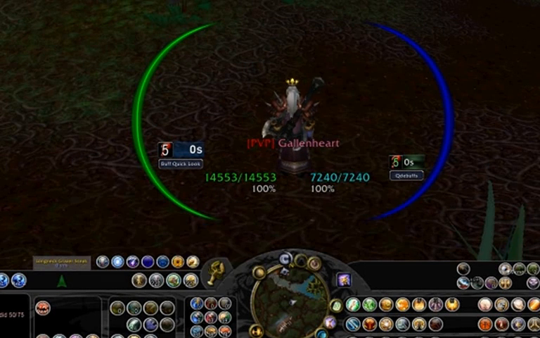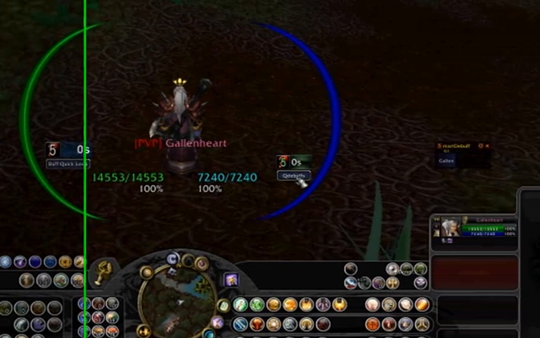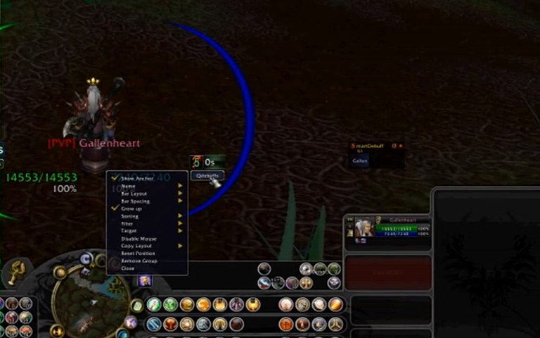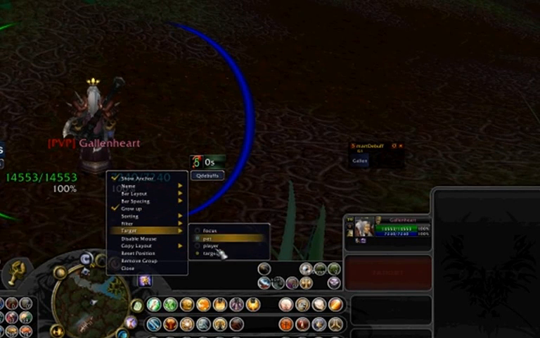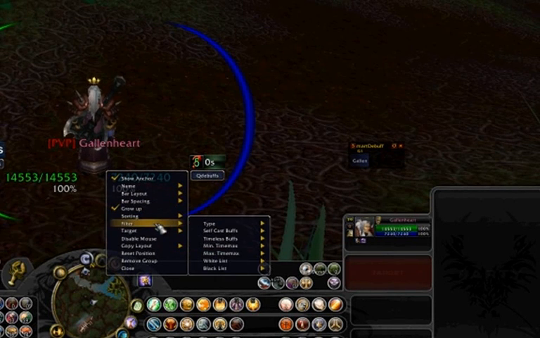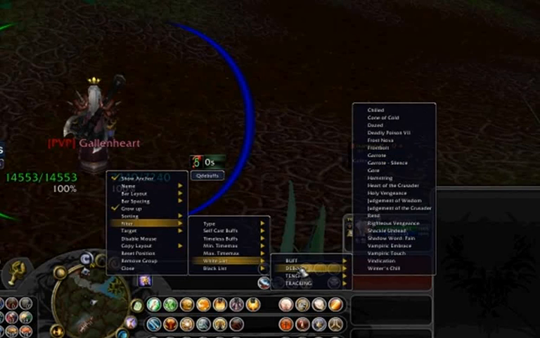Now on the right hand side here, the Q debuffs group, this is basically the debuffs on my target that I want to keep track of. I have it set to target, basically the target I'm fighting, and I have it filtered to debuffs, all debuffs. I should really pick only the debuffs I want to show, because in a raid that list will start getting long because it will show all the debuffs on that target from other people. But I only want to keep track of my debuffs, so I should really go in here